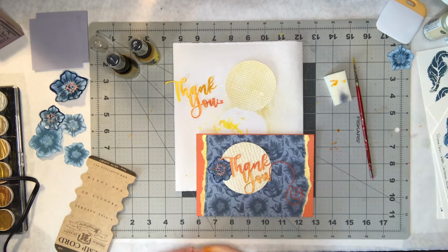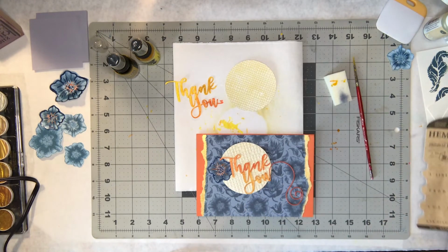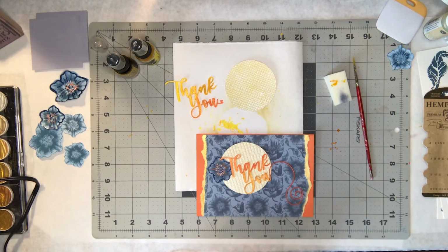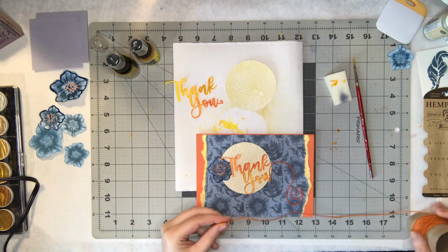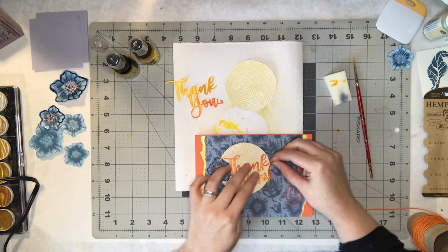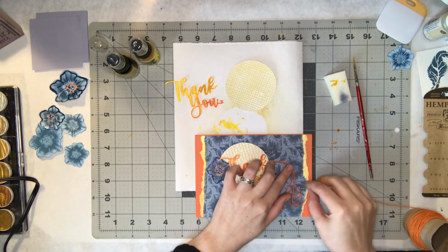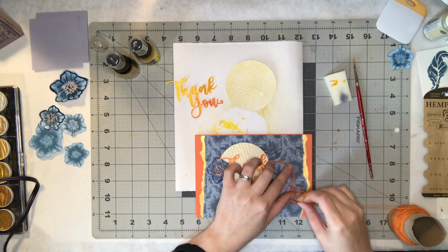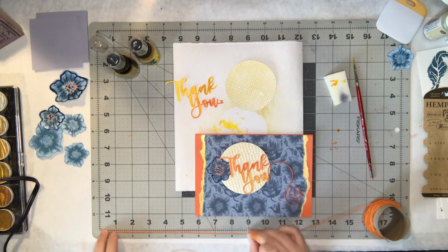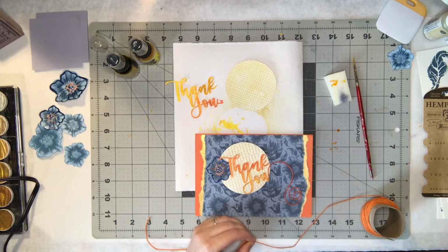Now we're going to measure out the hemp cord. Now this is from Hemptique. Love this stuff. We didn't have it for the first card, so this was just a linen one. We really have enjoyed the Hemptique. I was going to do more measuring, and I'll kind of put the length, so I can have an approximate. I think that should be, I don't know, we'll say 9 inches. We're gonna cut. There